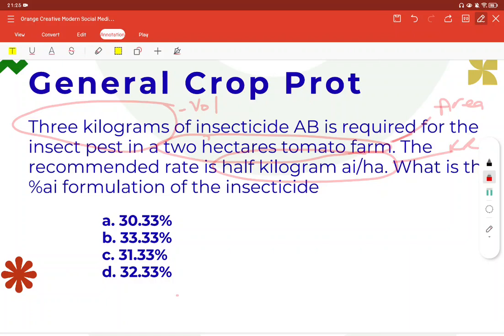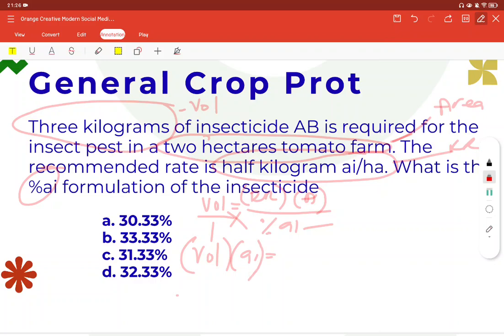So based on our general formula, the volume is equal to recommended rate multiplied by area divided by percent AI. So what we're looking for is the percent AI. Then how are we going to transform it? Again, we will use cross multiplication to derive the formula. So the outcome will be volume multiplied by percent AI, equal to RR